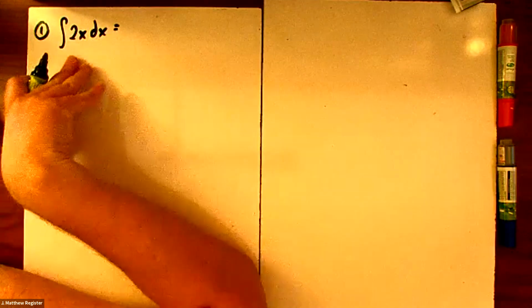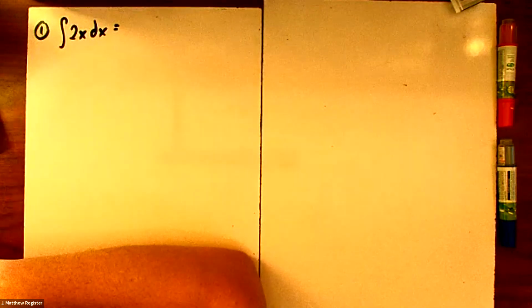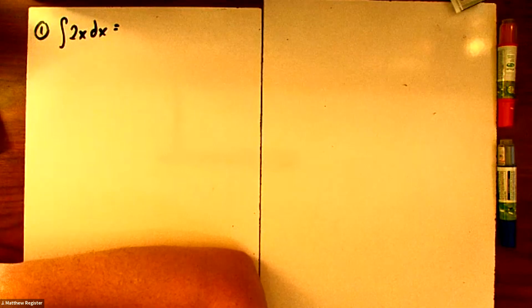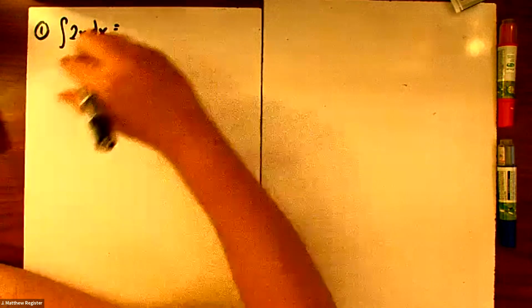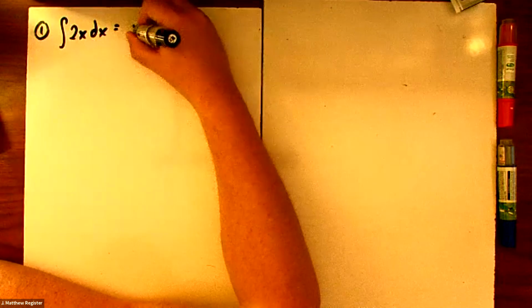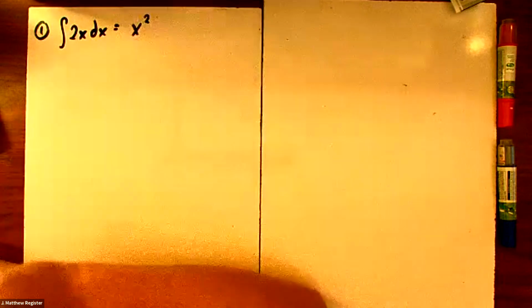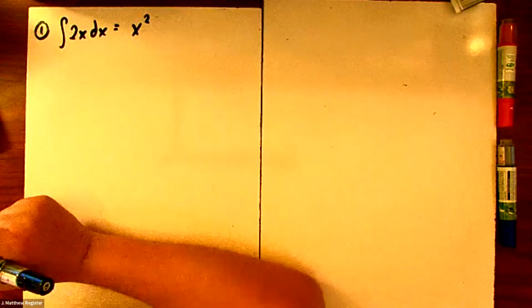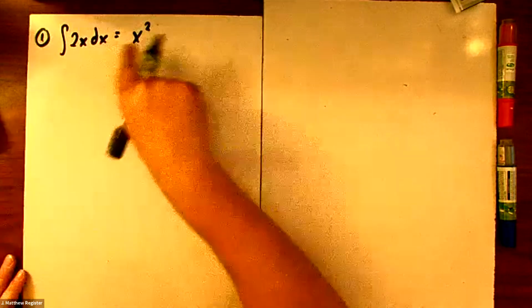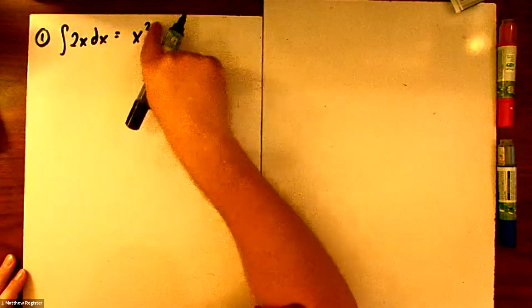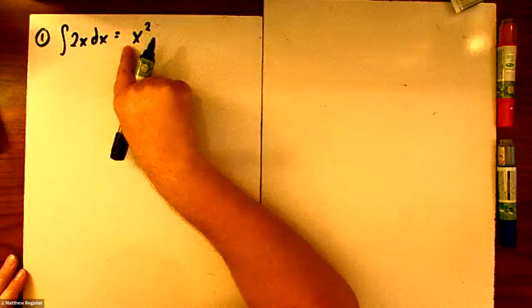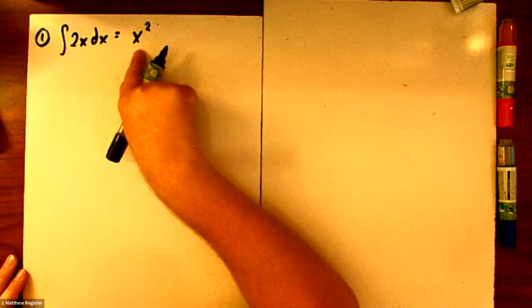Right now, this is a line, it's 2x. And so what function, if you took the derivative of it, would give you a 2x? In this case, it's going to be x squared. And let's see why that is. If we take the derivative of x squared, we would get the 2 that comes down, and it would become 2x